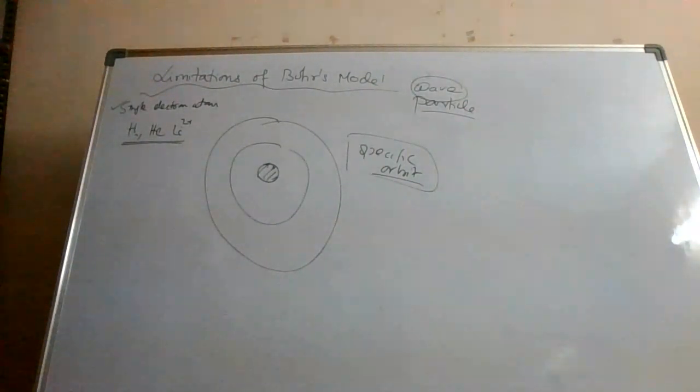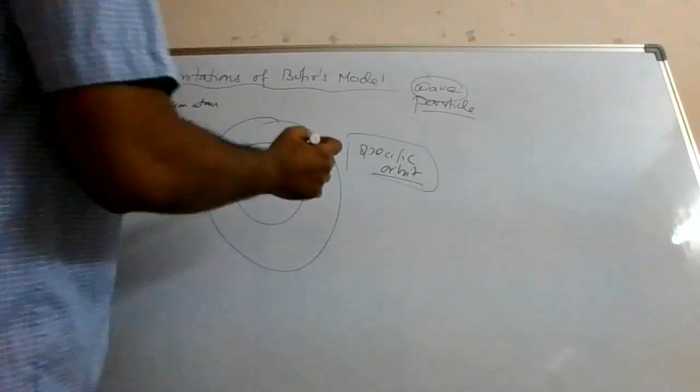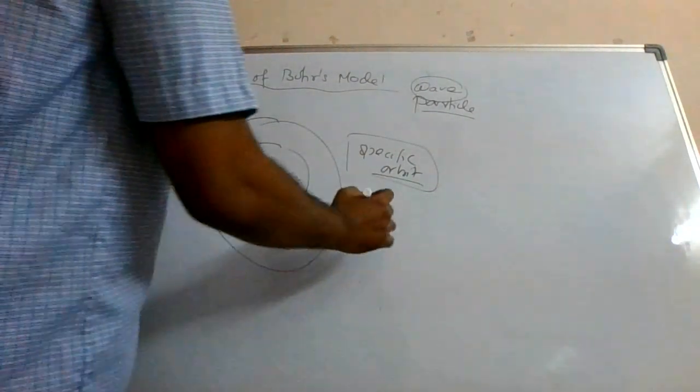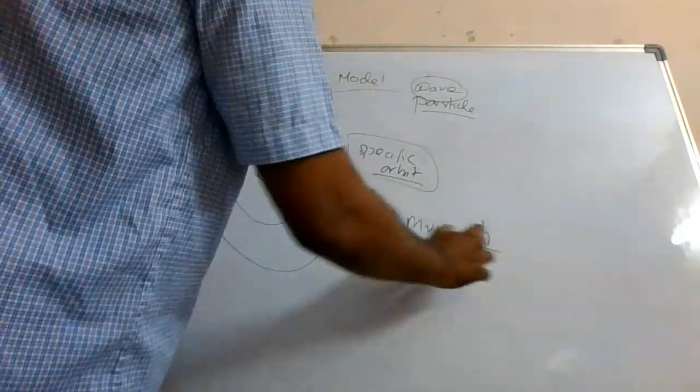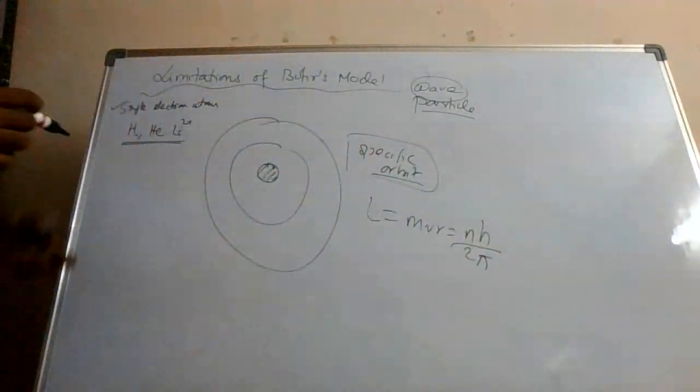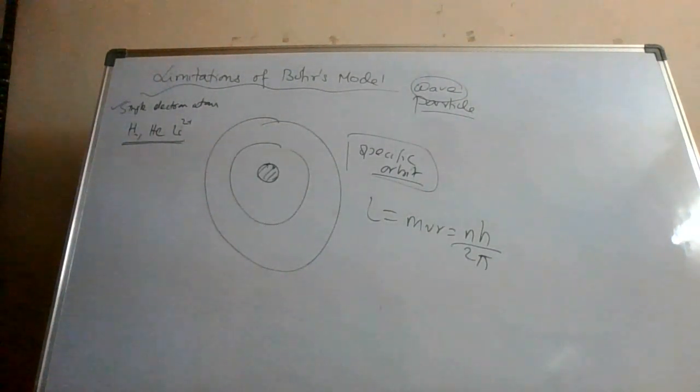Now, if you remember, when we were discussing Bohr's theory, I said that angular momentum mvr is equal to nh by 2 pi. This also is not experimentally established. However, it is not even refuted also. Okay? So experimental proof for this is not there, but however, it is found to be correct. But experimental proof इसको नहीं दे पाए. So this is also a limitation. Then I think these are the important points.